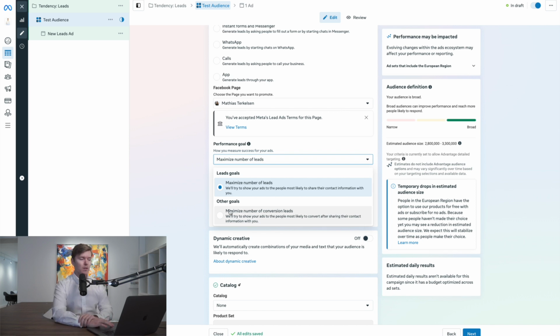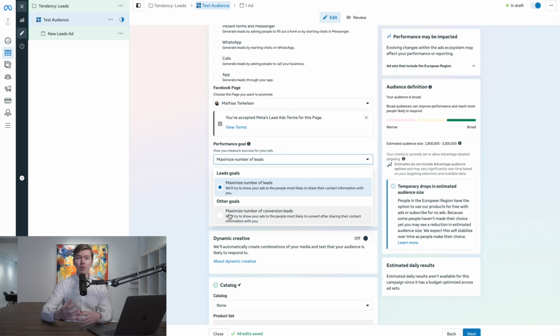If you pick the other goal right here, maximize number of conversion leads, it's going to try to figure out who are the people that are actually more likely when they become a lead to convert into a paying client in your business. Now, I wouldn't really recommend this option because in the beginning, it's just important to get as many leads as possible.